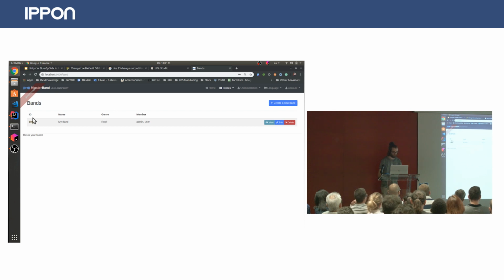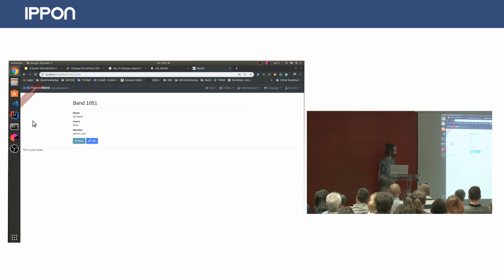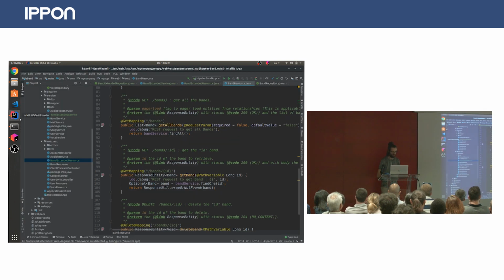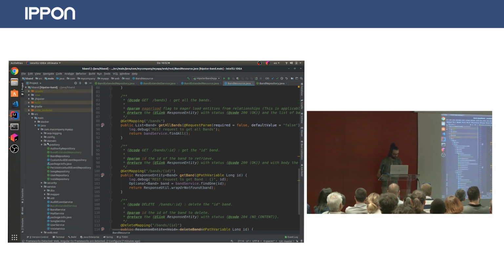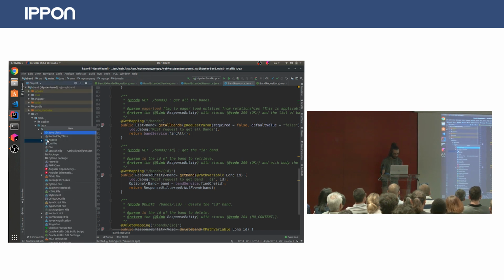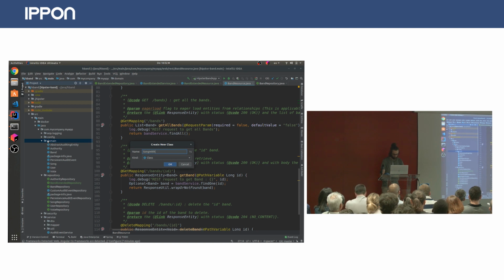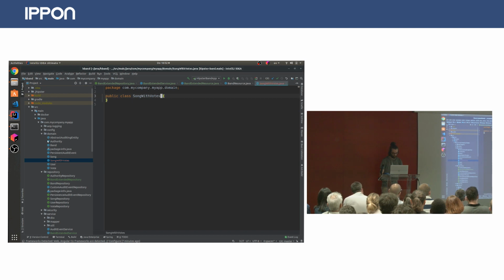If I go into a band, that's how it looks. And here is the place where I want to see one thing: the songs which belong to the band, and also the number of votes and a button. So for the number of votes, I need some kind of new data object, which I put in here, and I call it SongWithVotes. So first I add a song here,